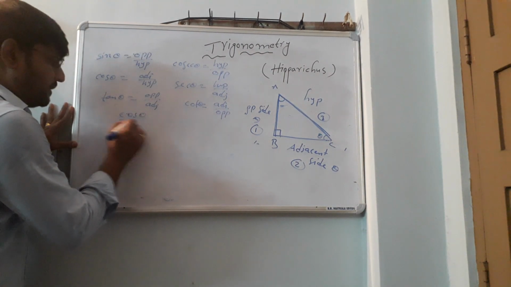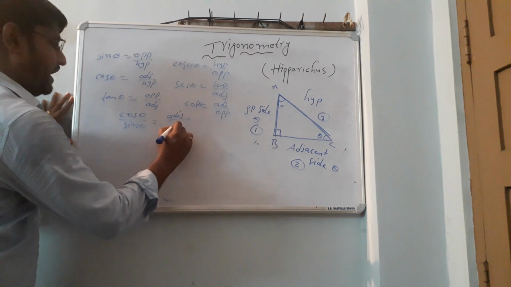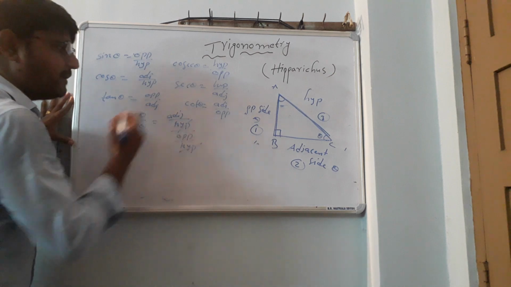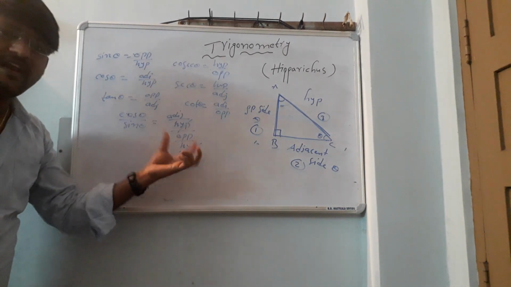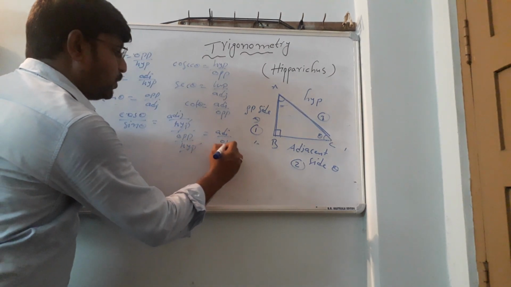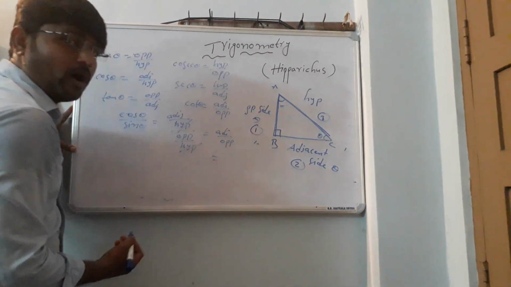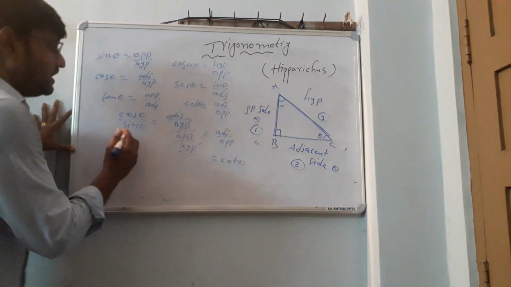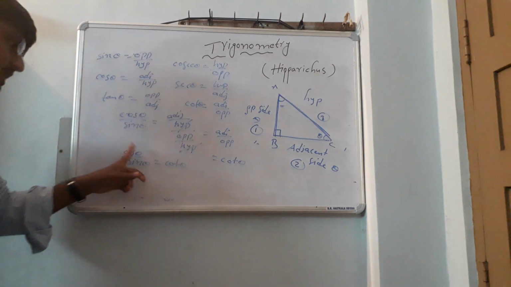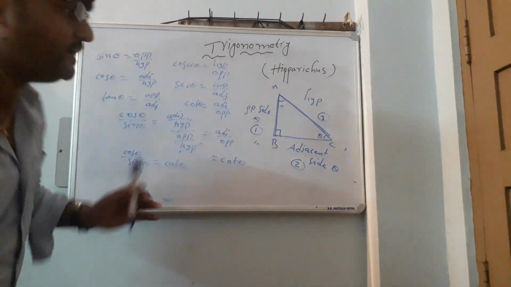Cos theta by sin theta. So what is the cos theta ratio? Adjacent side by hypotenuse, divided by sin theta, which means opposite side by hypotenuse. The denominator fraction is converted into its reciprocal, so hypotenuse and hypotenuse cancel. You will get adjacent side by opposite side. Just now I explained cot theta is equal to adjacent by opposite. In place of adjacent by opposite I wrote cot theta, right? So cos theta by sin theta is equal to cot theta. Cot theta means cos theta by sin theta. Before, I explained sin theta by cos theta is equal to tan theta. These are very important conditions.